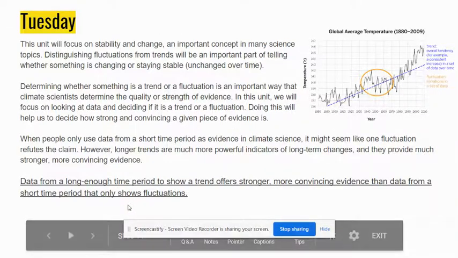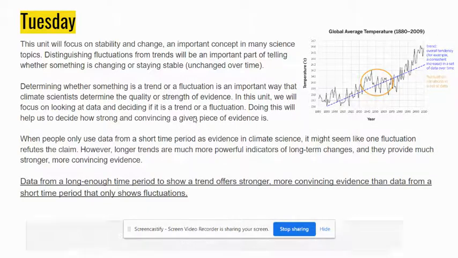This unit will focus on stability and change, an important concept in many science topics. Distinguishing fluctuations from trends will be an important part of telling whether something is changing or staying stable. Stable means unchanged over time. Determining whether something is a trend or a fluctuation is an important way that climate scientists determine the quality or